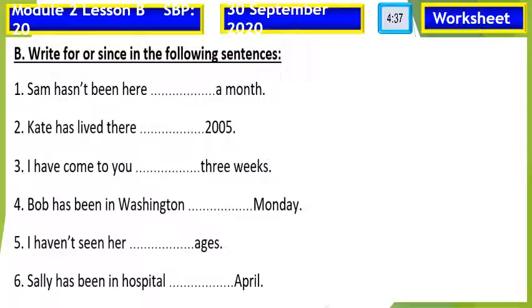Number 1 is for. I'm talking about months. Number 2, I have a specific time, so I use since. Number 3, I have come to you for 3 weeks. That's right. Bob has been in Washington since Monday and for ages. And I'm talking about a specific month, so I use since April. That's very good. Now, let us see this one. Okay,